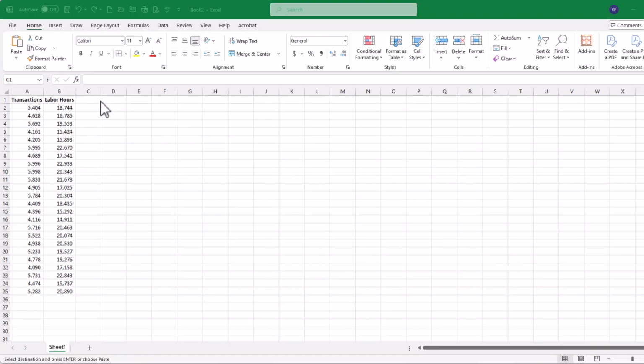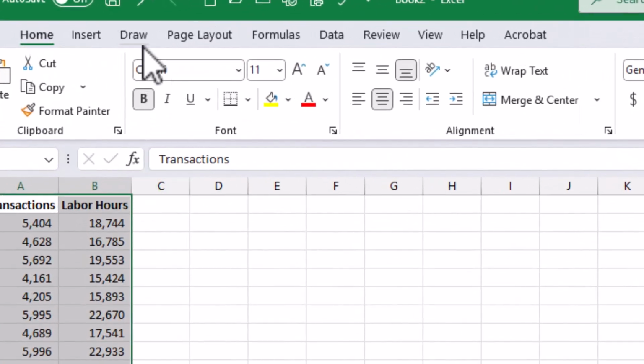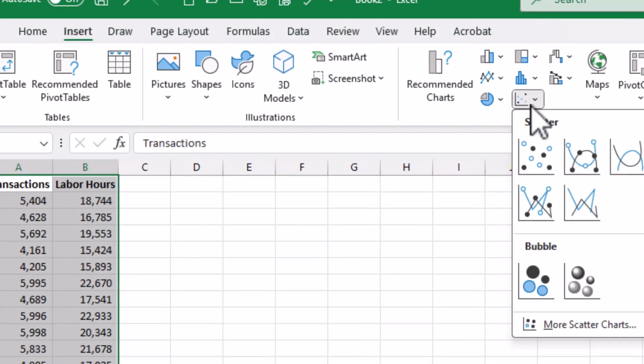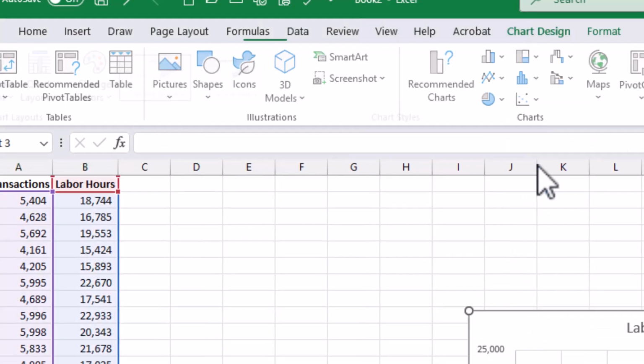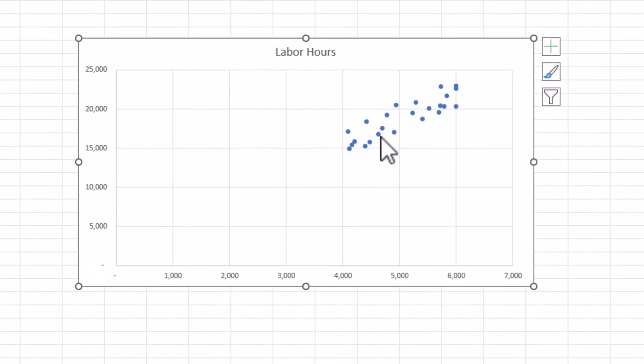Open Excel and enter the data into two columns, with the cost driver in the first column and the cost in the next. Highlight both columns, including headers. Click on Insert, then Charts, then Scatter Chart. Choose the basic chart with no lines. Excel will generate a scatter plot where the x-axis represents the cost driver and the y-axis represents the cost. You will immediately begin to see how closely these variables are related by the tightness of the pattern in the chart.